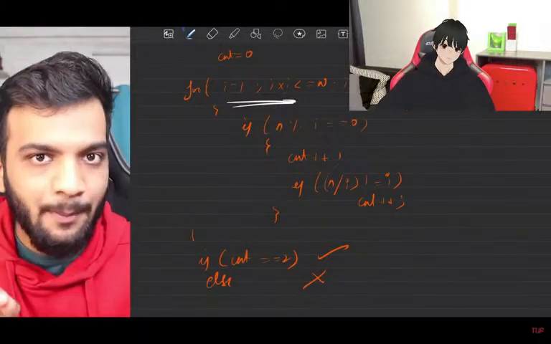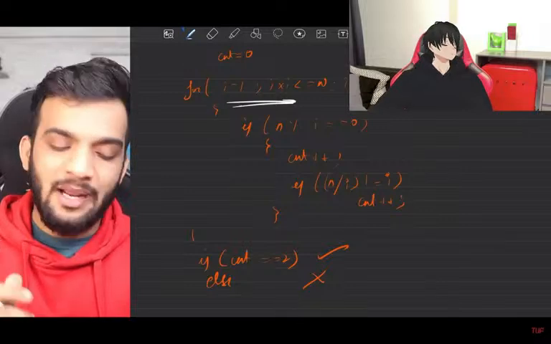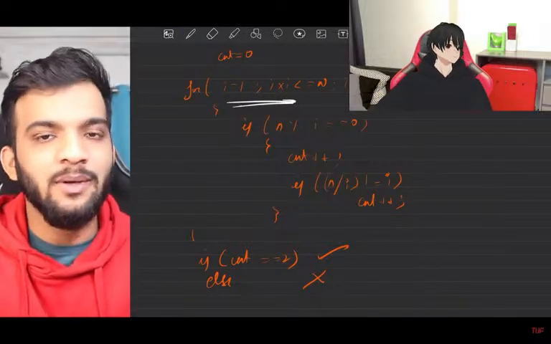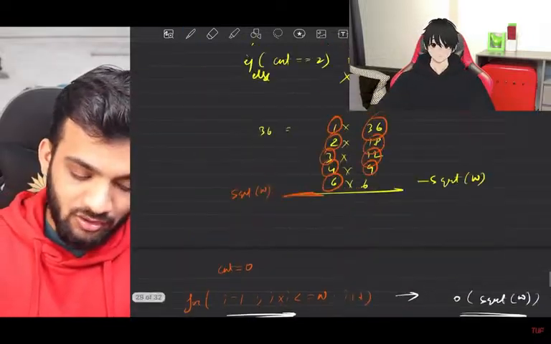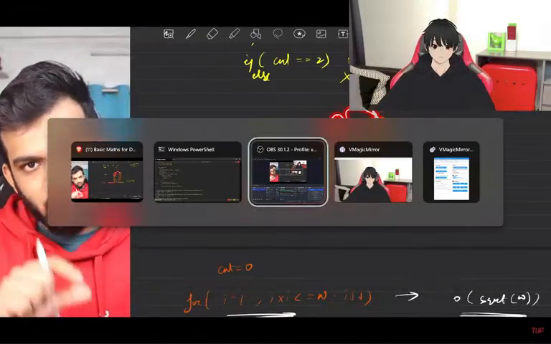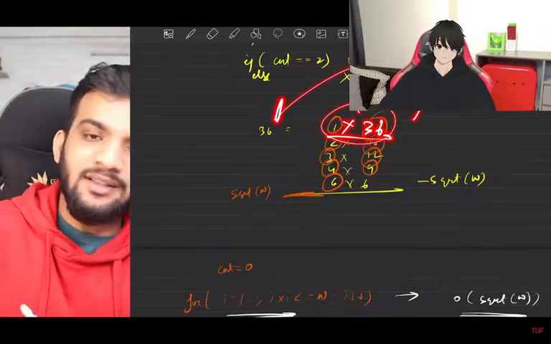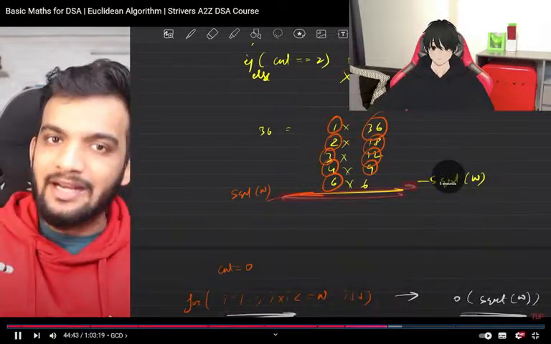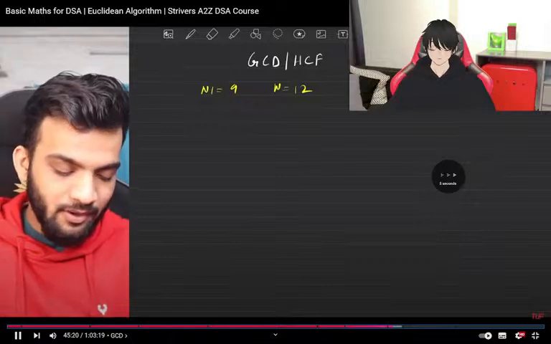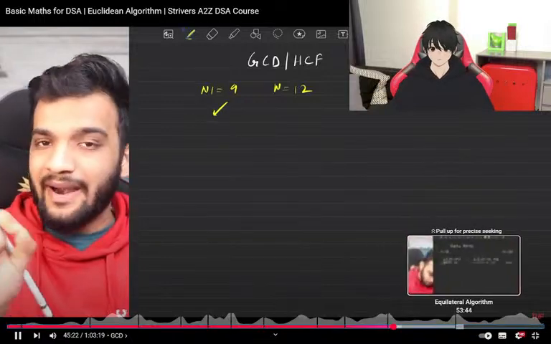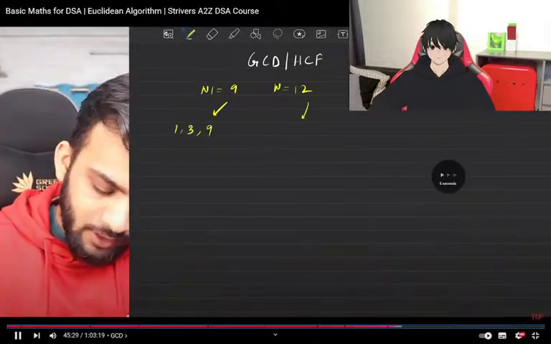So if someone comes up and asks you, how do you check for a prime number? You say, I know the square root method because I know the observation. For every factor, there is the other corresponding number with which it has to get multiplied in order to get the number. Thereby, I'll go to the greatest common divisor of 9 and 12. So if I write down all the factors of 9, it is 1, all